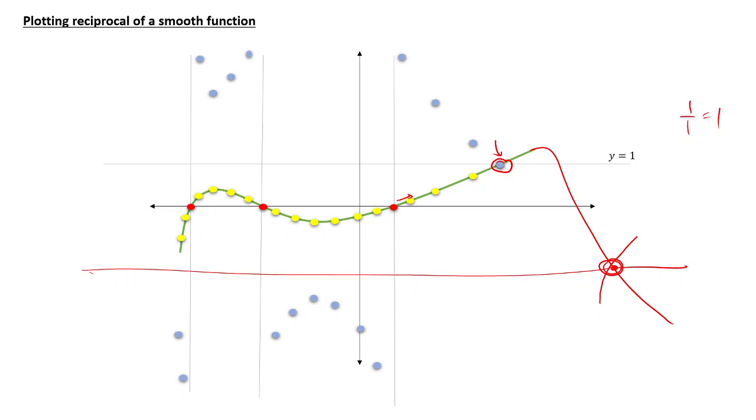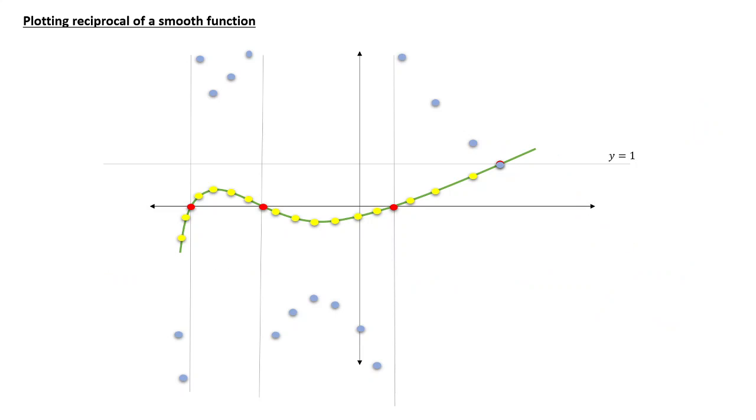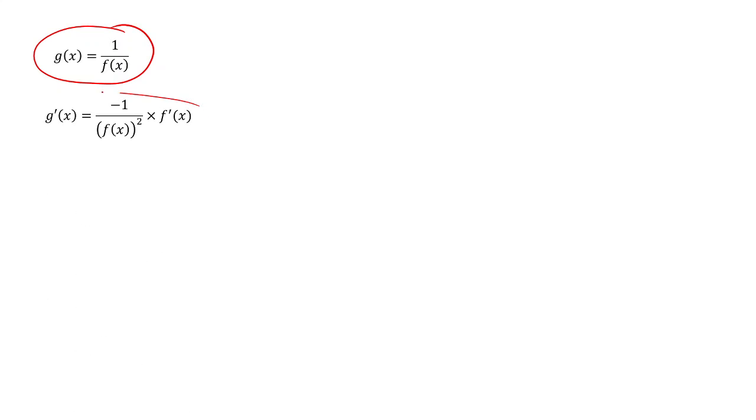So yes, 1 and minus 1 are important that way, and then you can join these lines smoothly and you can get the reciprocal function. Okay, so in terms of derivative, if g(x) is equal to 1 by f(x), the derivative of that function will be this,